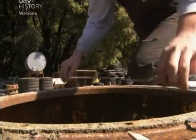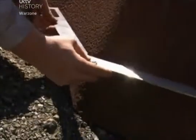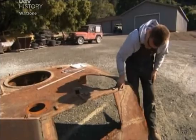One of the toughest challenges for the crew is the Panther's turret. It's one of the most complex pieces on the most complex tank of its day. This turret is so badly shattered and it has had so many shoddy repair attempts that we